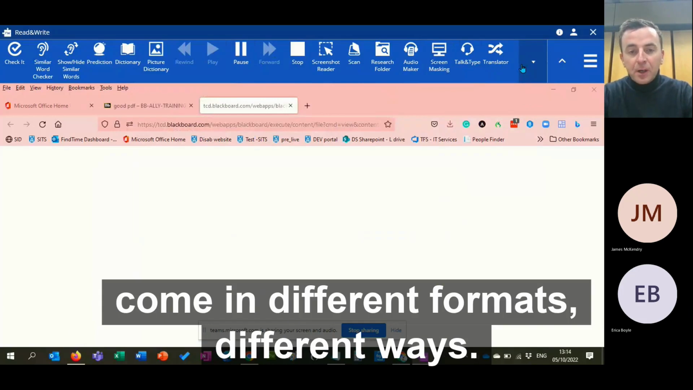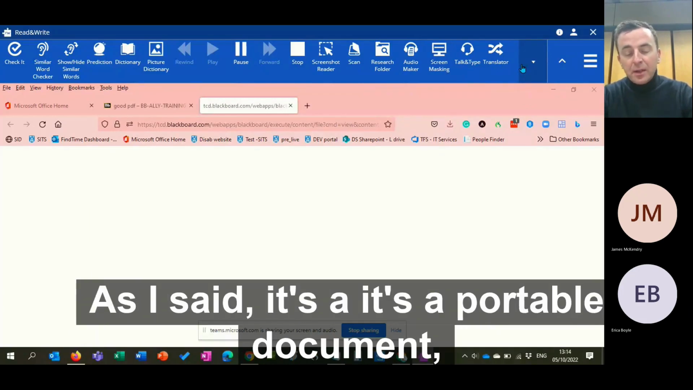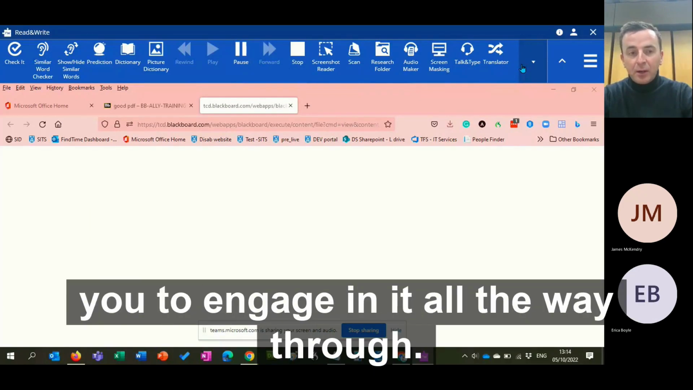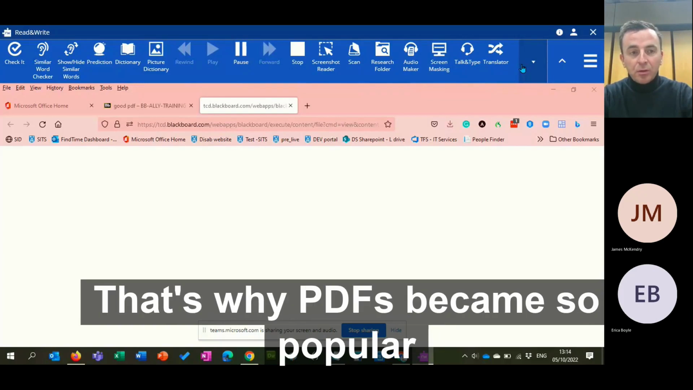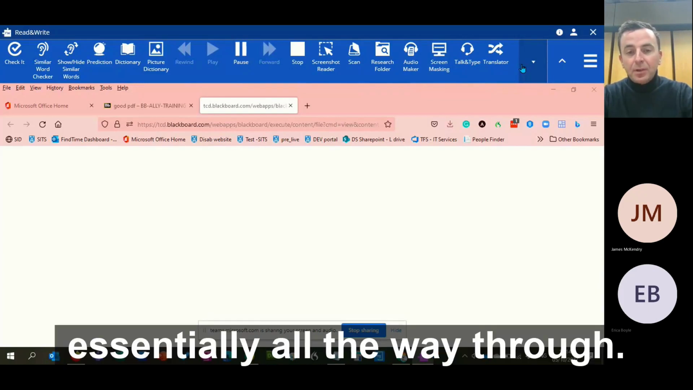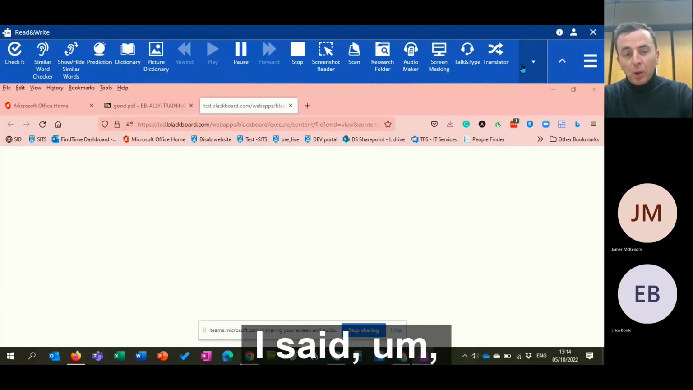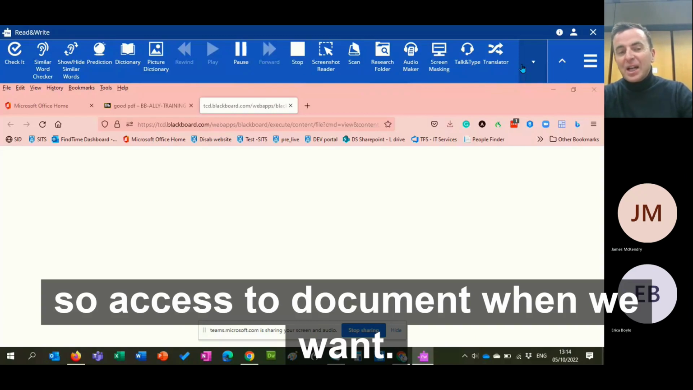As I said, it's a portable, compressed document, hence why the file size is smaller for you to engage in. That's why PDFs became so popular, essentially. The PDF document allows us to access the document when we want, but it also has